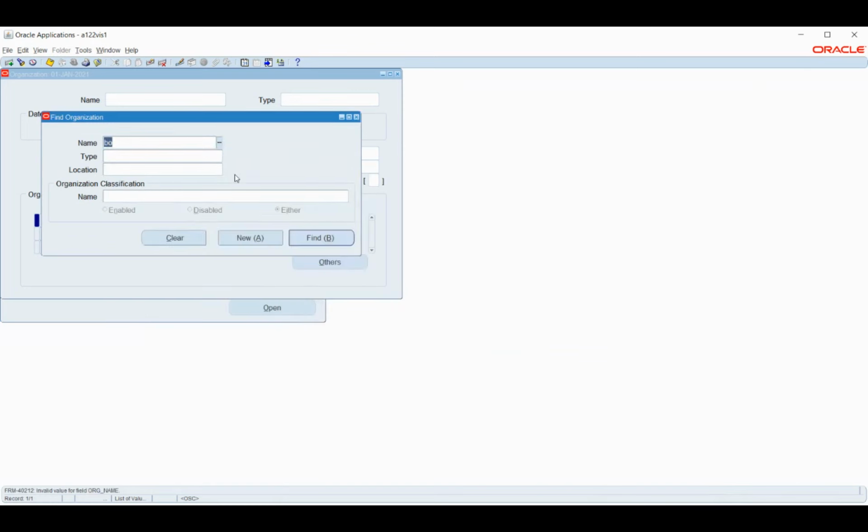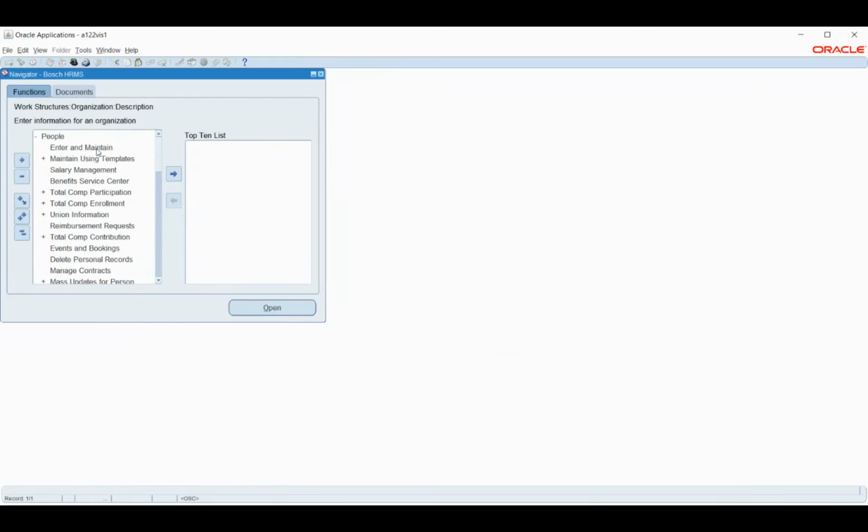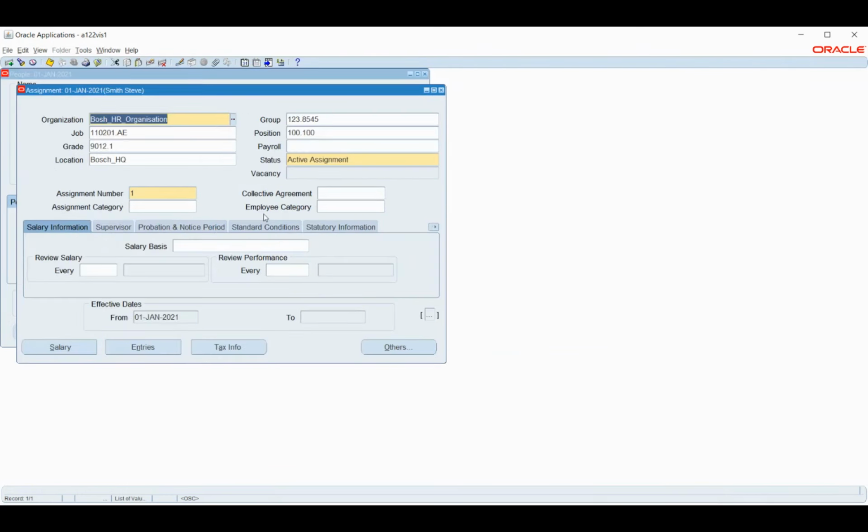Sir, we can create a new employee, no? Just create it and attach it with the business group, no? It will be easier. Yeah, that we can create. I mean, the issue is that we have attached the legal employer. So legal employer is the criteria to enable this particular entity for transaction. But even after enabling it, we are not getting it there in the statutory information. So that's the thing.